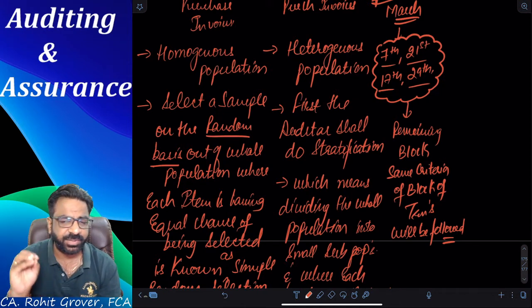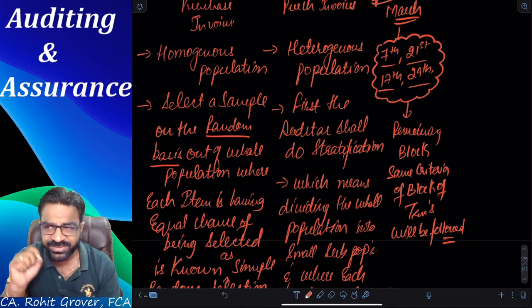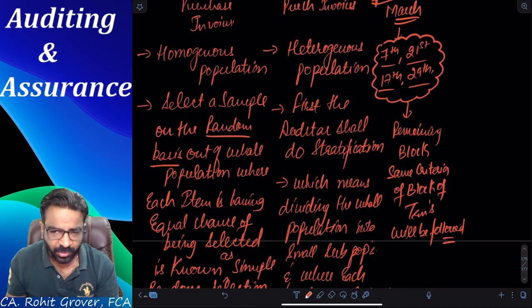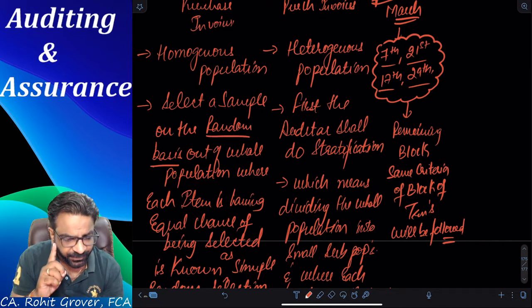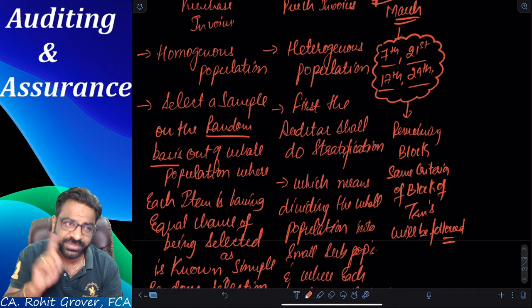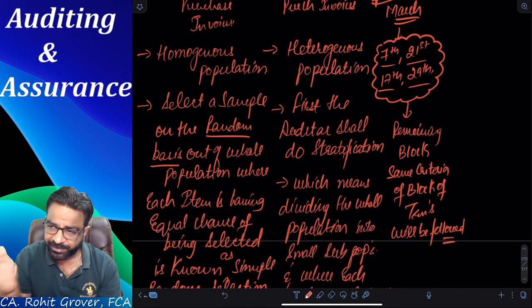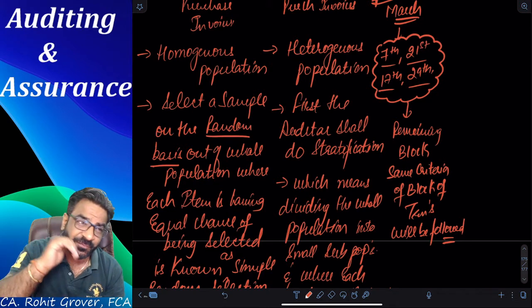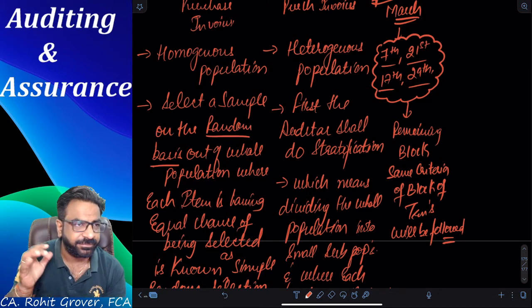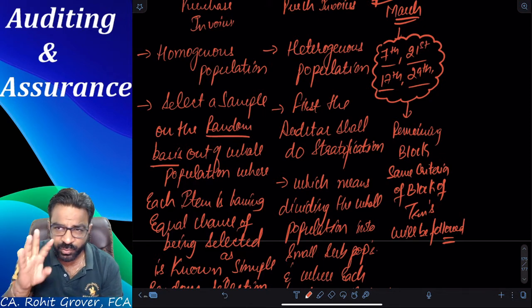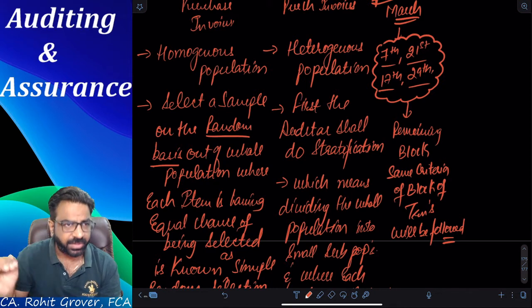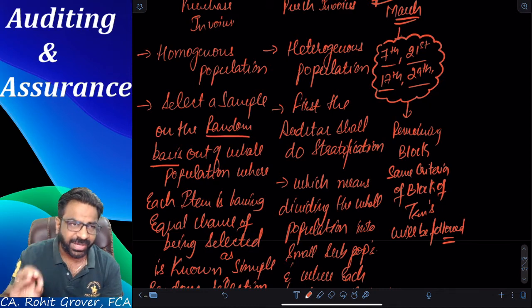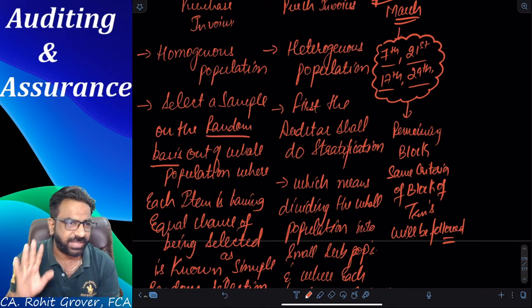My question is very simple to all of you. Am I doing the random selection again and again in every block, or did I do it only in the first block of transaction? No, I did it only in the first block of transaction, whereas the remaining blocks are automatically following the first block consistently or not? Yes. I chose only the four random dates in the April block of transactions. In the May block, same four random dates. In the June block, same four random dates. July to March, same random four dates. Are you getting the point?